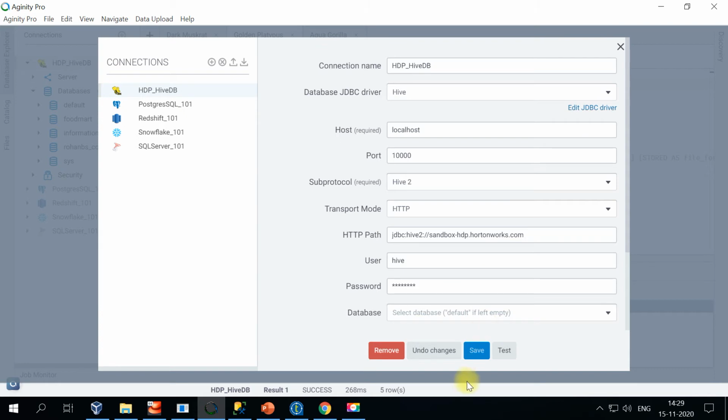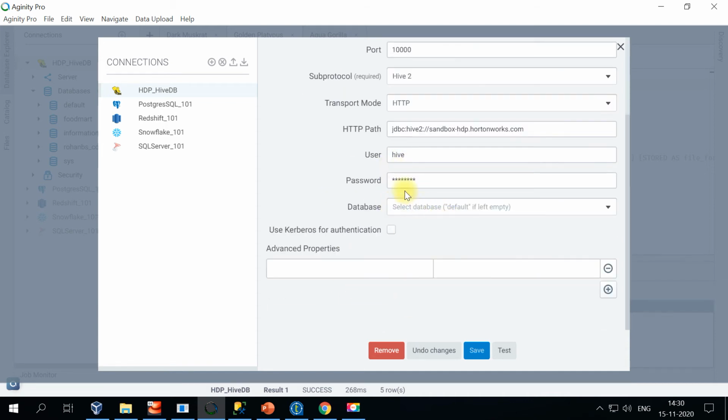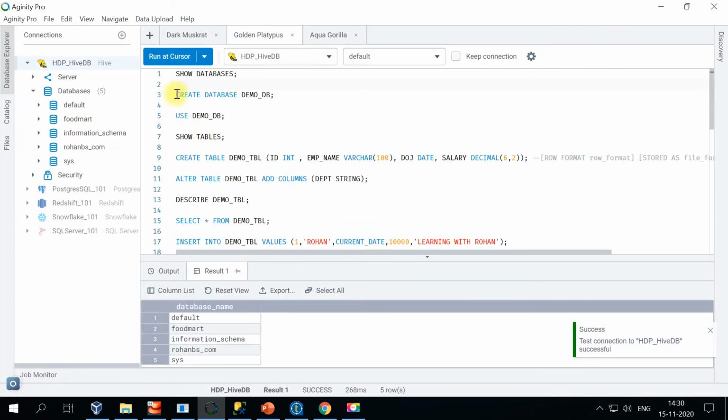this is the connection. When you open Agility Pro, you can create a connection here with this plus sign. Initially, the very first time, it will ask you to download the driver, right? Remember, the architecture has a driver component, so it lets you download that Hive driver first. After that, you can specify the localhost and the standard default port for HiveServer2, and you just give the username and password if it is set. If not, you can just leave it blank, and click on test. Now it is successful, right? So now we are connected to a database.